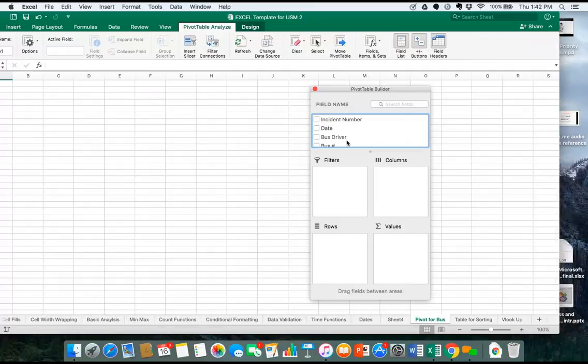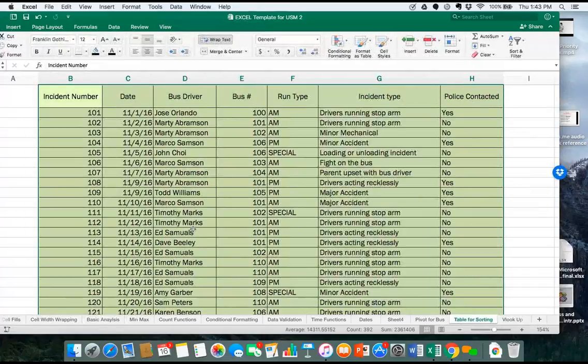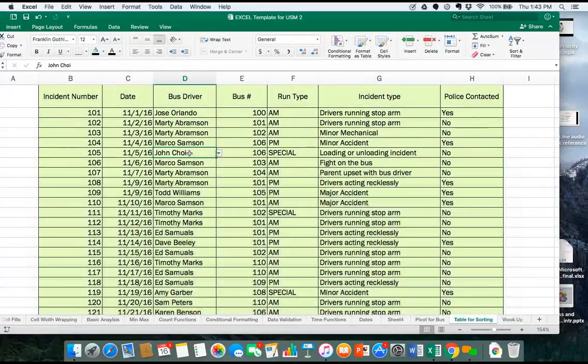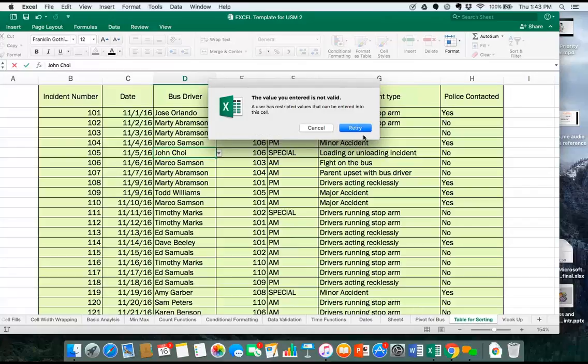Okay? Now, one way to make sure that you don't have any errors, because the one thing that's going to mess up your pivot table, I'm just giving you some warnings so you don't run into some problems, is that you're going to run into trouble with your pivot tables if you've got items that look similar. So, for example, if I go back to the table and I have John Choi and I have John Choi with a plus, they may show up as two different items. Or if one is spelled John Choi with an I and the other's with an A, it's going to mess me up. So one way to make sure that your pivot is good